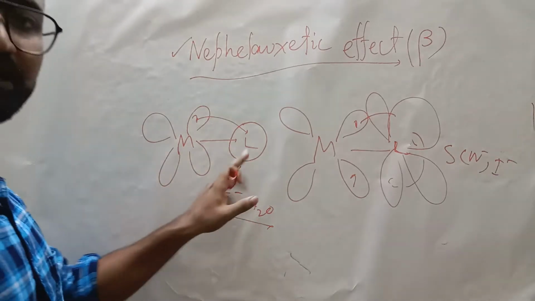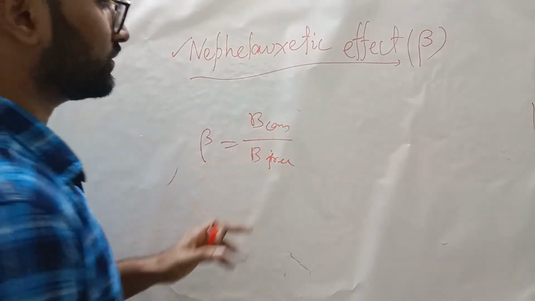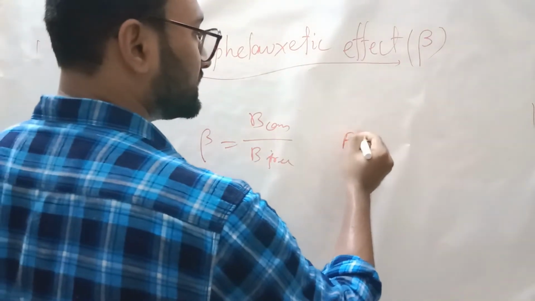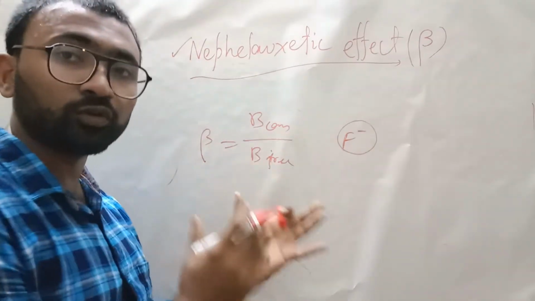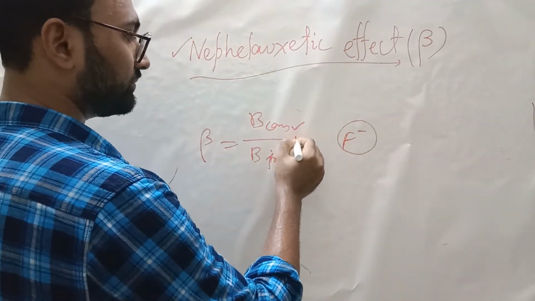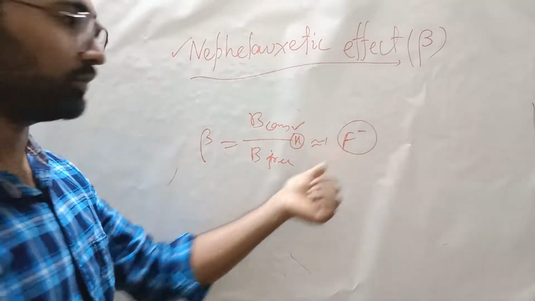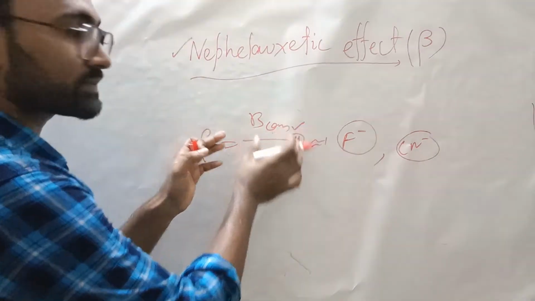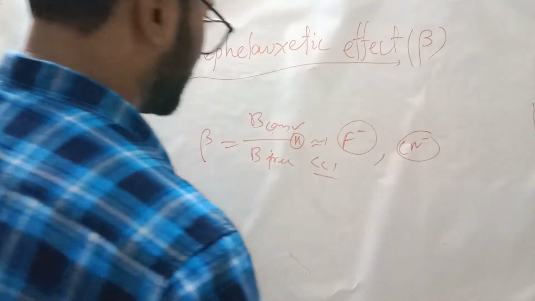Only symmetric orbitals are there in the B free ion. Suppose there are ligands. Which ligand is hard? You can see F minus is less polarizable, so for F the complex will be more ionic. So beta will have a high value, comparable to the free ion, very close to 1. Suppose this is Cl minus, then the repulsion in the complex form diminishes more, so beta will be much less than 1. Understood?